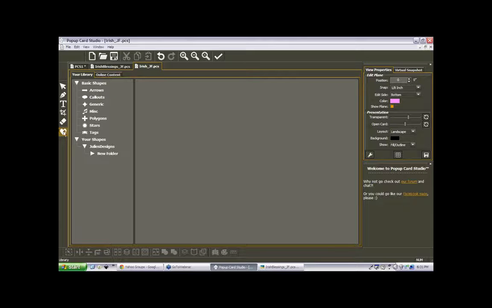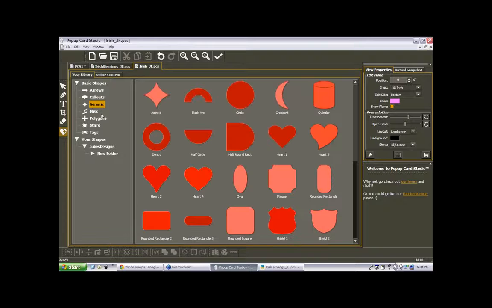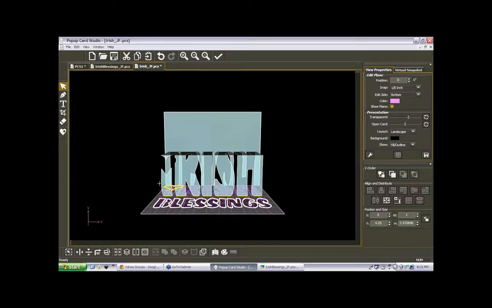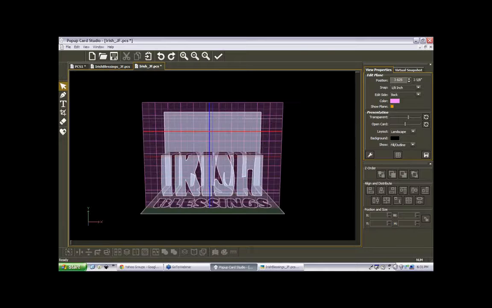If I click on the heart, that takes me to some of the shapes built in to Popup Card Studio. I'm going to click on generic and just get one of these hearts. I double click on it and it's added. You notice that it was added down here, but I wanted it up here. Well, while it's selected, you know it's selected because it has yellow around it, I'm going to use Control Z to cut it. Now I'm going to press the space bar to get to the back of the card